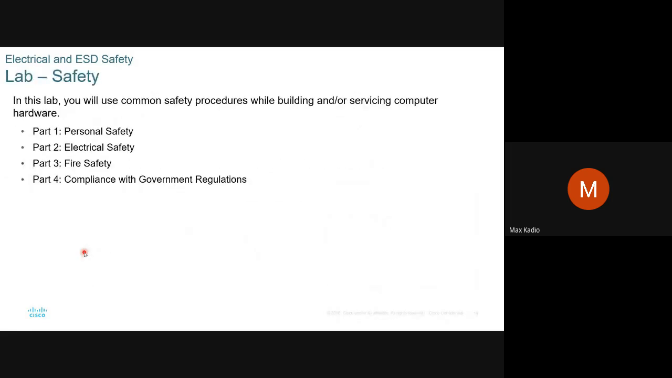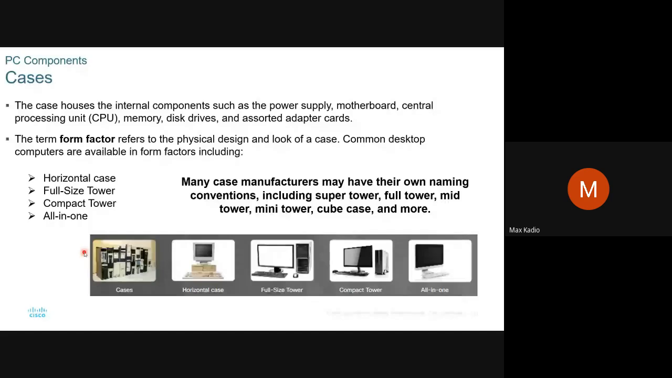Okay, you don't need that. The PC component, the case, last time we did study the case. Anytime you have a question, as you know, unmute yourself, greet everyone, tell us your name, and ask a